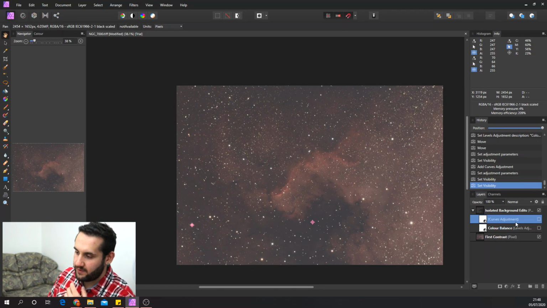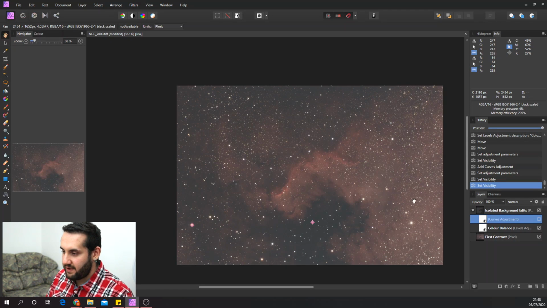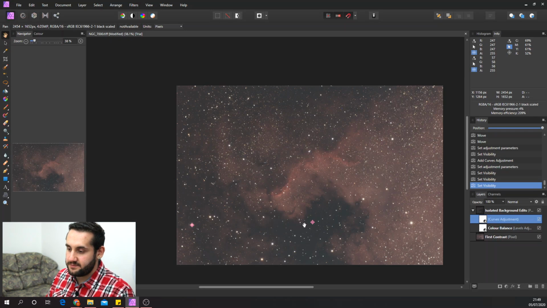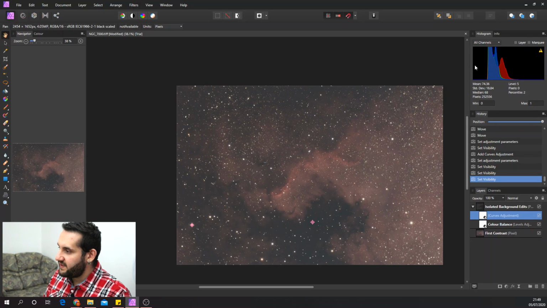So this is what we started with. Balance the background a bit to remove some of the red tinge. Maybe we've introduced a bit of green. We can fix that. And then I dropped the color of the background sky a bit. Drop the brightness of it. I think this looks much nicer now. It's increased contrast. As you can see on the histogram now, the histogram is spreading out to cover more of